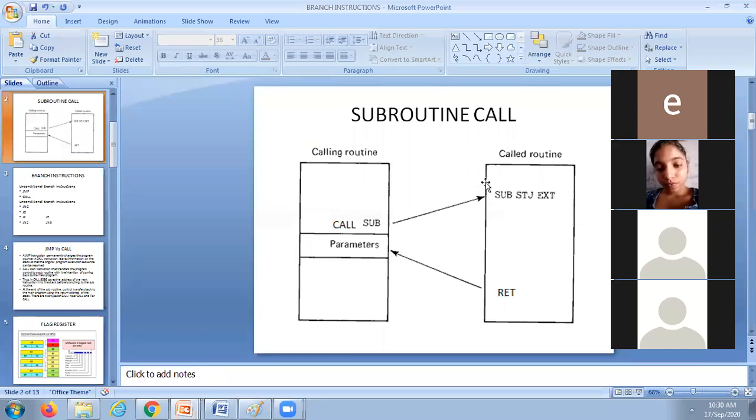Once the program counter points to the starting address of the subroutine, it starts executing the entire subroutine program. At the end of the subroutine, there is an instruction called RET. It is a must. If you take any subroutine, you should have the return statement, RET, at the end. Whenever you find a return statement, then